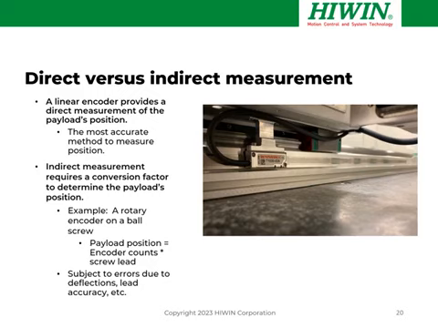The quality of the encoder and its specification in and of itself is important, but you don't want to add more errors to your encoder measurement. An indirect measurement requires a conversion factor. So you do have intervening elements to determine a payload position. For example, if you've got a ball screw system and you put a rotary encoder on it to measure it, well, your payload position is basically a function of the encoder counts and the lead of the screw. How many millimeters per revolution do I get? And these are subject to errors due to deflections, inaccuracy in the lead of the screw itself, its manufacturing tolerances,